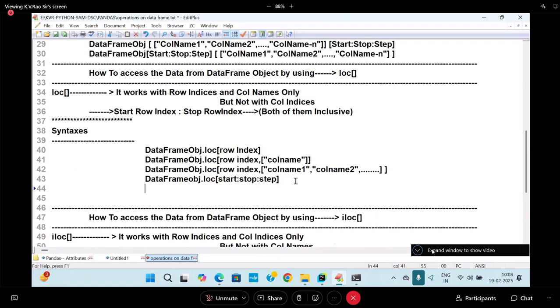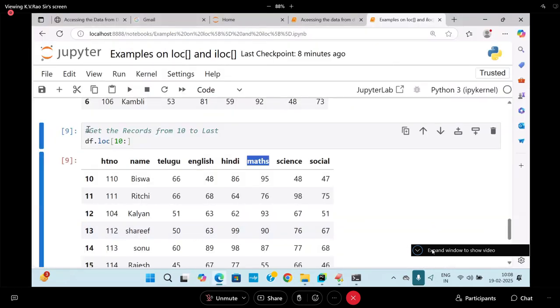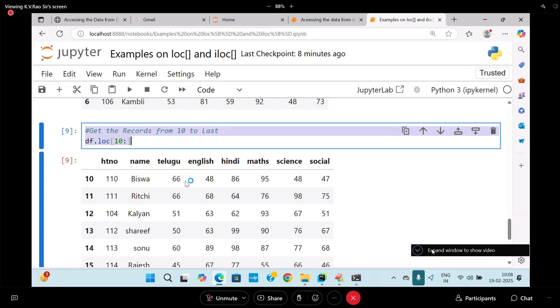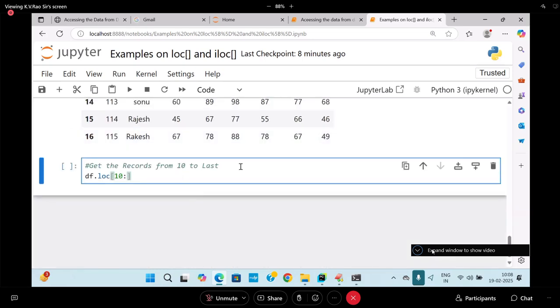I need to write extra what? Column name. I need to write it. Column names I am going to write it. Let us have an example. Get the 10 to this place. You are writing with